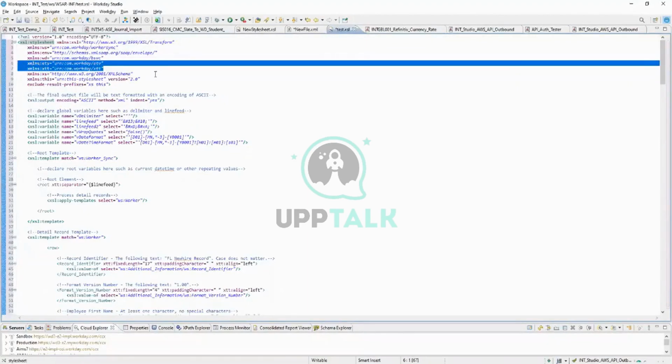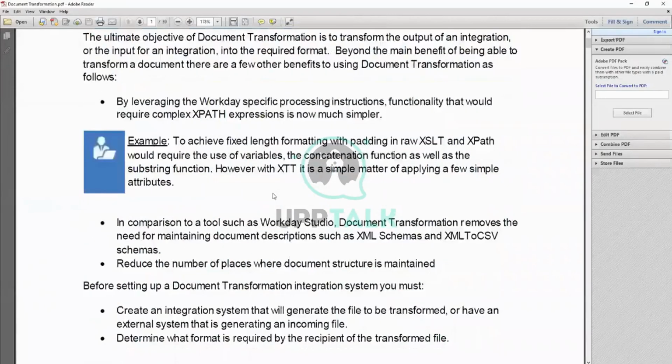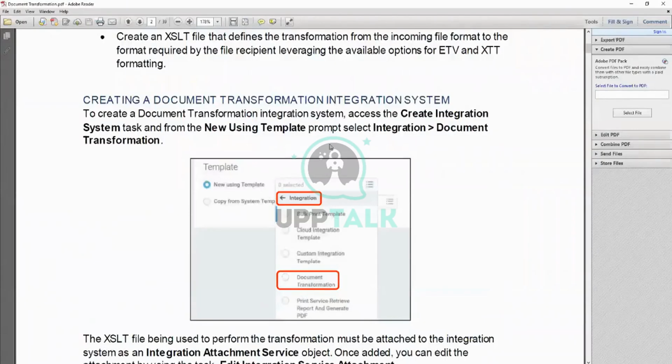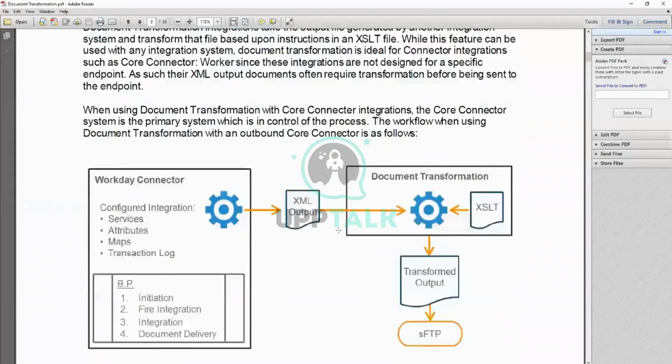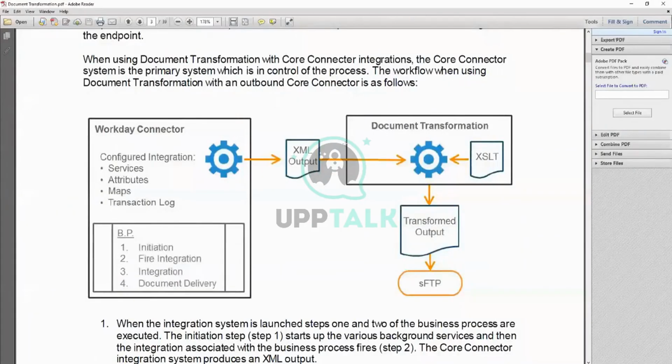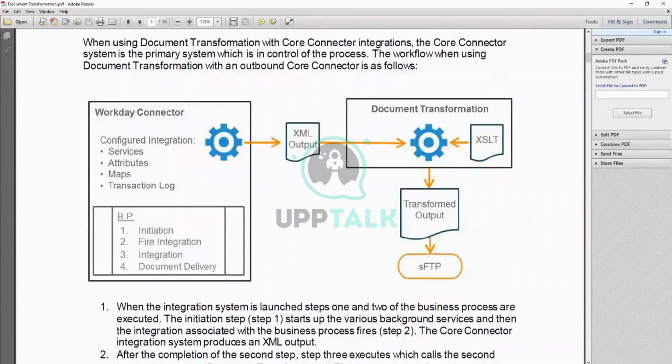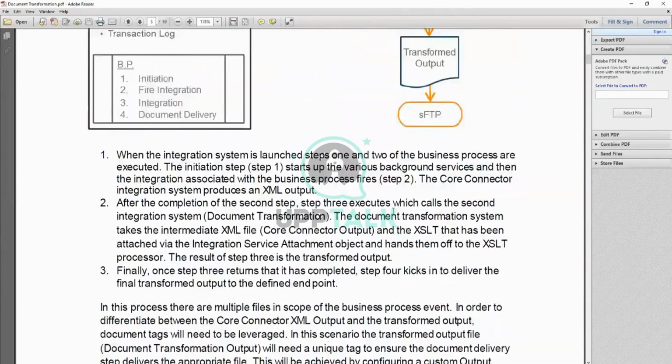And this is how you declare it. It has also been written in this one. I would say go through this. All the steps that I have to create a document transformation are listed in this document: create this, configure attachment service. And this is that thing which I explained to you. After the connector, you have XML output. You do document transformation, which is XSLT code, and it gives you the final